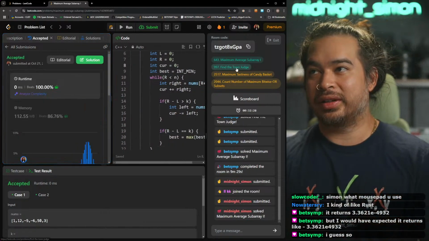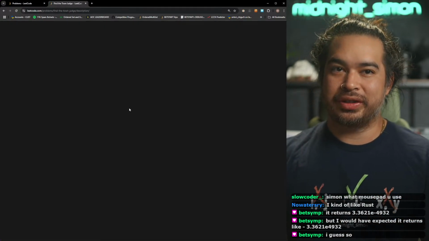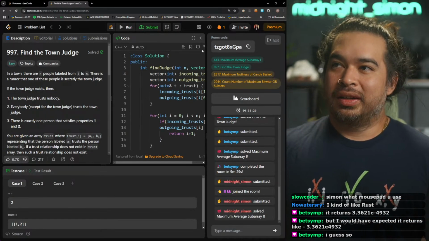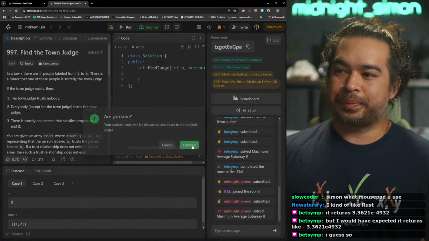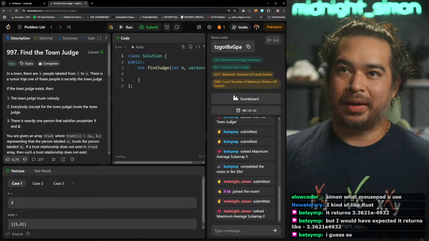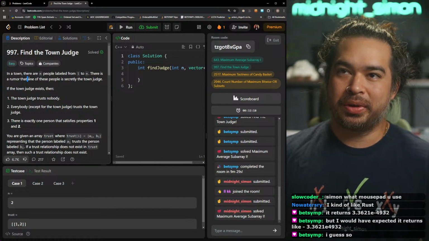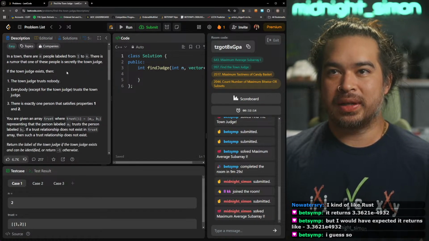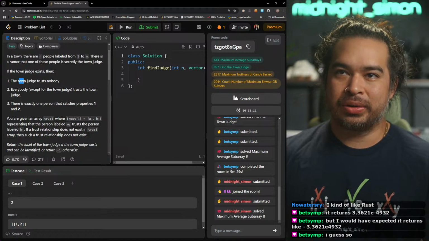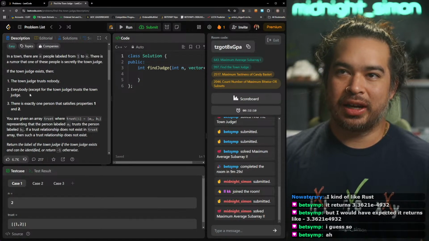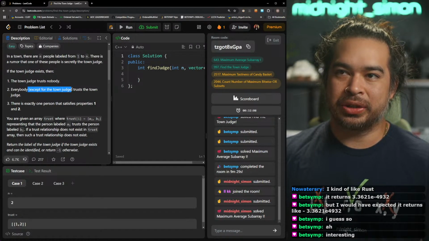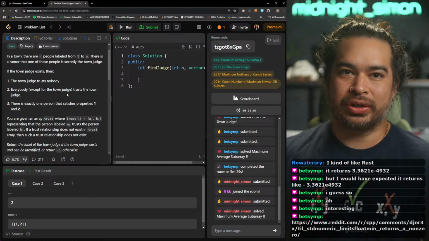Alright, alright, find the town judge. In a town, there are n people labeled from 1 to n. There is a rumor that one of these people is secretly the town judge. If the town judge exists, then the town judge trusts nobody. Everybody, except for the town judge, trusts the town judge.